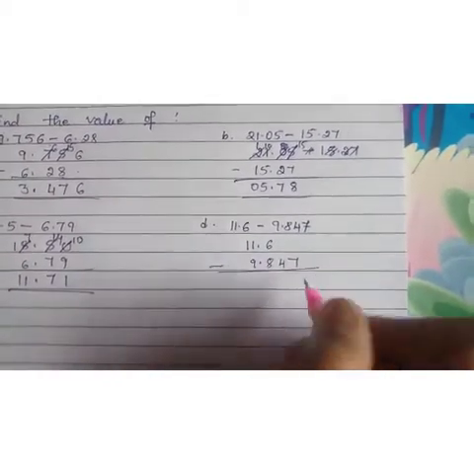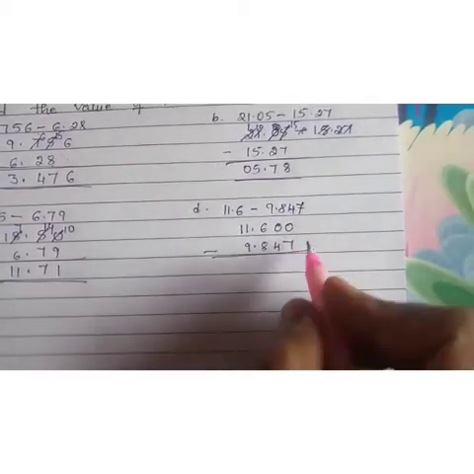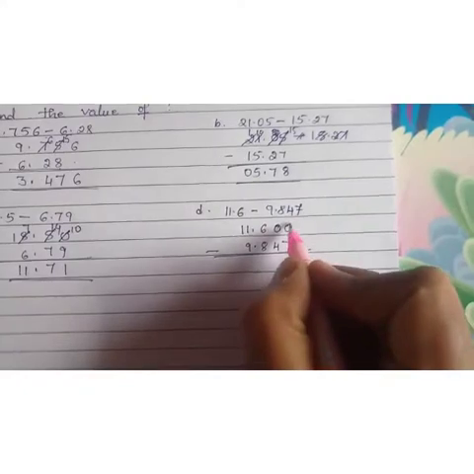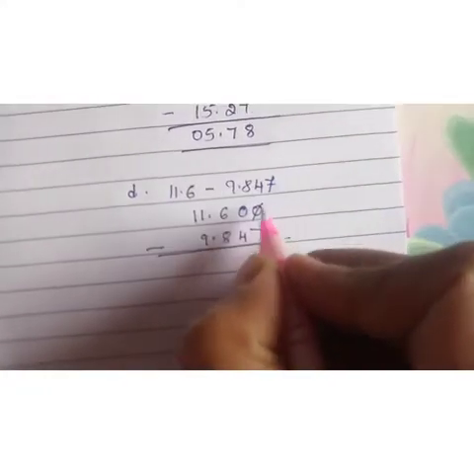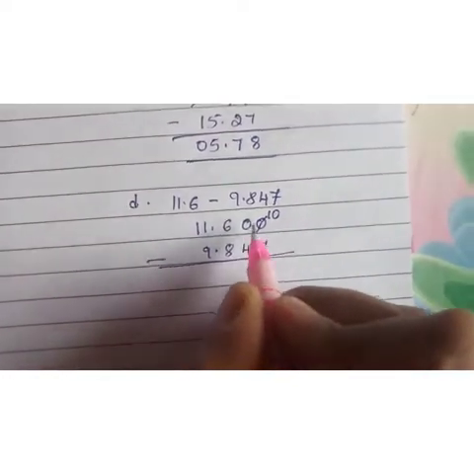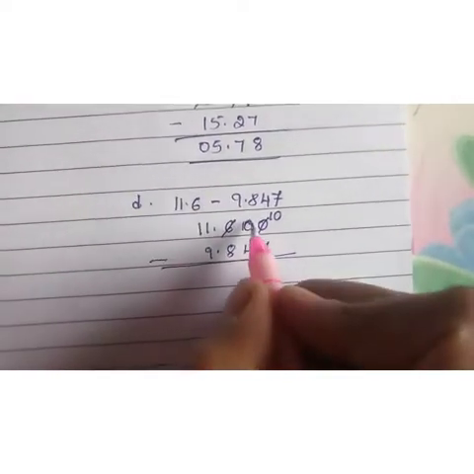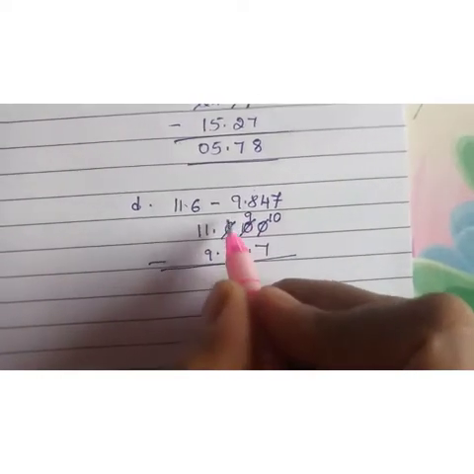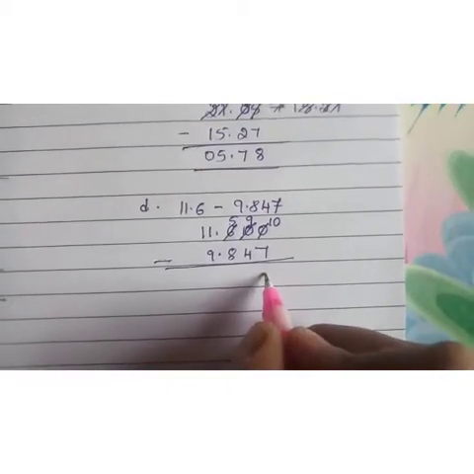So when you subtract, you notice that here we don't have any number, so I have placed here 0. So 0 cannot be subtracted, so what becomes now? You will borrow. When you borrow, it becomes 10, but already here you have 0, so you will be borrowing from here to make it 10, isn't it? So when you borrow, it becomes 9 and this becomes 5. So 10 minus 7, you get 3.